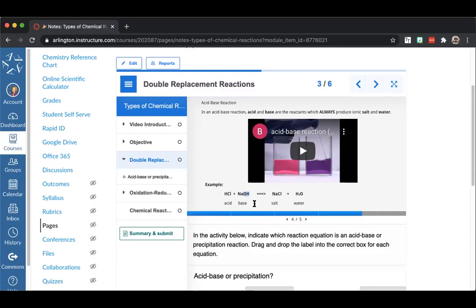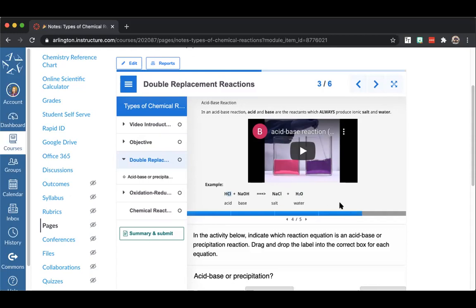So if I follow that pattern, A, which is the hydrogen, goes with D, which is the hydroxide. And anytime you put hydrogen and hydroxide together, HOH, that's going to make water. So this H2O, we don't write it HOH, because water's formula is H2O, but this is the AD. And then CB, C is my sodium, B is my chlorine, and so they both go together. So it's following that ABCD pattern of the double